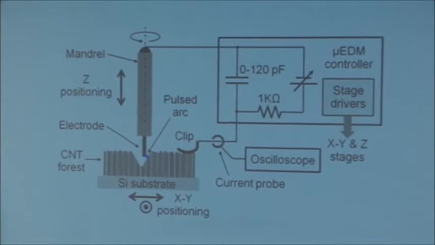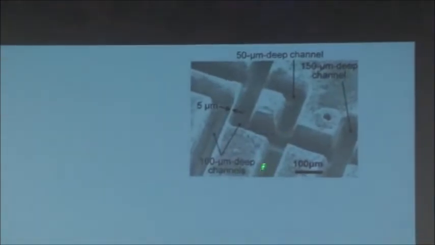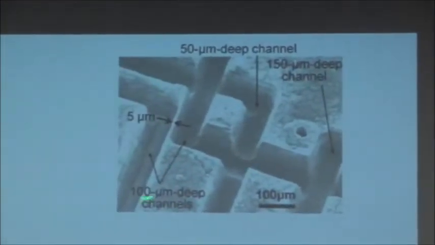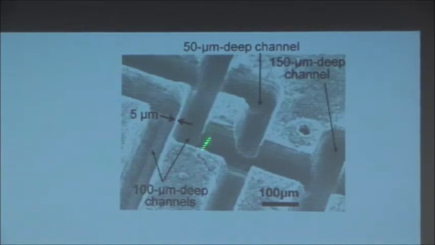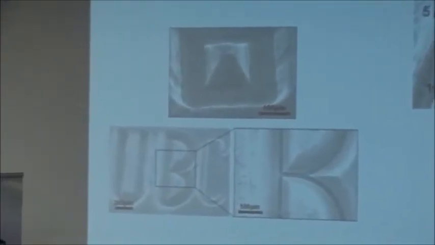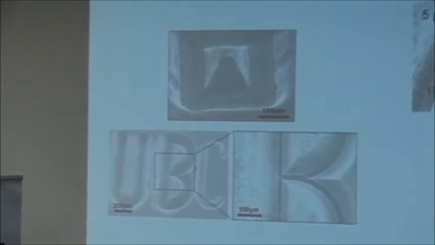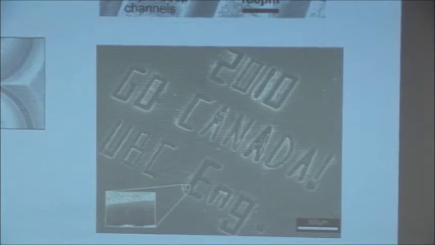So we've been doing this for a couple of years now, trying to do all sorts of things with the forest. And here I'm showing you examples of microchannels of all sorts of shapes and different depths, all done in the same forest after the growth without any pre-patterning. And the remarkable thing is you're not limited to two-dimensional patterning, but you can do angled surfaces, different depths, so completely free-form, three-dimensional. So all sorts of channels, and who knows, maybe use it for fluidics or whatnot. So this was something interesting, and we wanted to pattern the Olympics logo, but they said it's copyrighted, so we showed our support in another way. So this was very interesting.